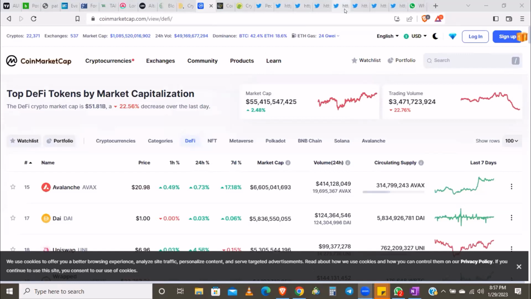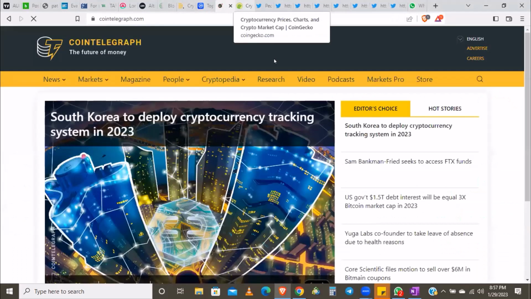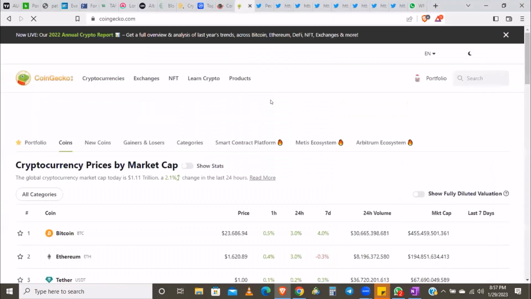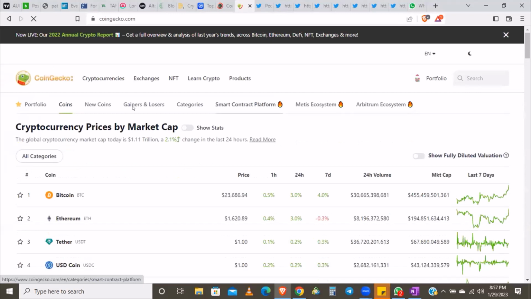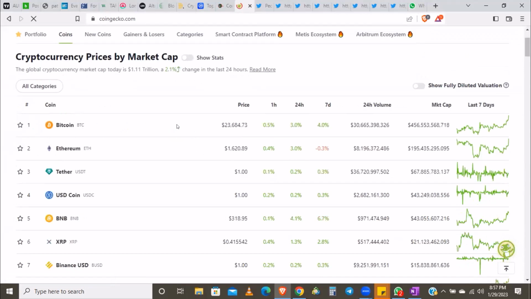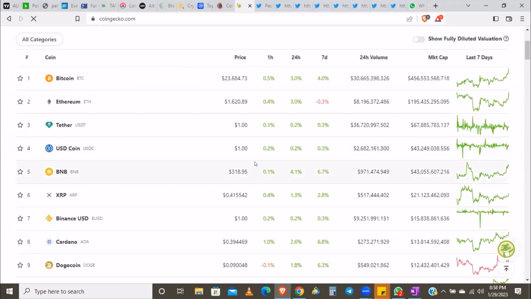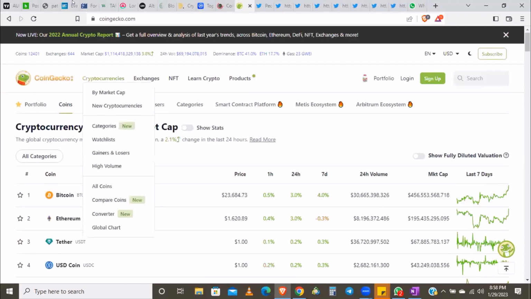I think we are going to be continuing from the next class, but before we leave, I also want to show you a site that is similar to CoinMarketCap that tends to be very prominent in the financial market. You want to type CoinGecko in your web browser and then navigate around. It's very similar to CoinMarketCap.